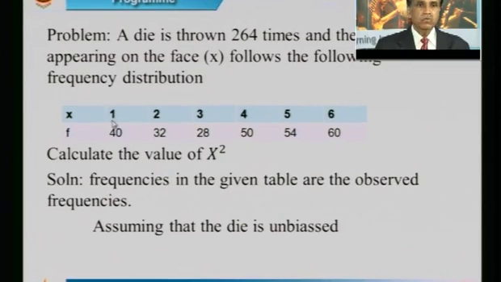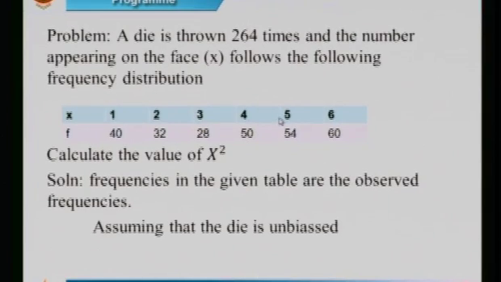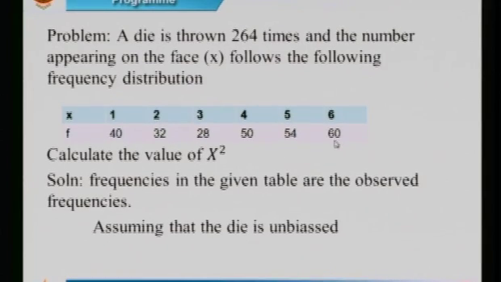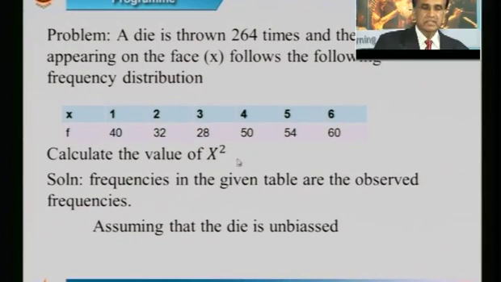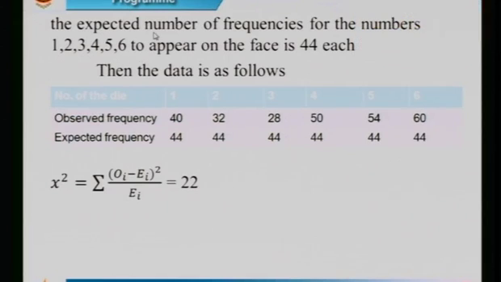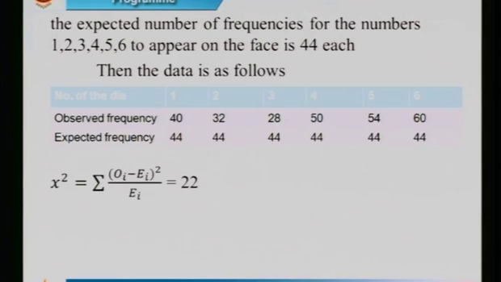Therefore, 1 appears 40 times out of 264 times, and 2 appears 32 times, 3 appears 28 times, 4 appears 50 times, 5 appears 54 times, and 6 appears 60 times. Calculate the value of chi-square. Here also you have to do the same thing, and expected frequencies will be calculated using the equation, that is, how many values are given, and the common arithmetic mean will be